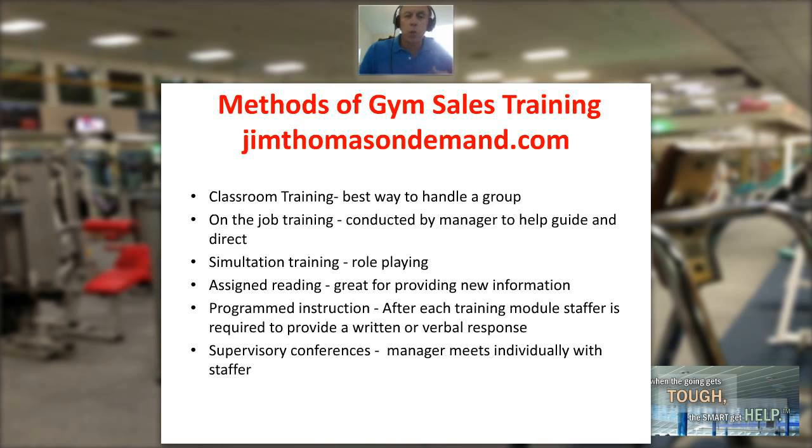And then finally, supervisory type conferences. And this is where that manager meets individually with the salesperson, with that staffer. They meet one-on-one to discuss maybe what's working, what's not working. And a lot of times, this is what goes hand in hand that we use with that daily productivity report, where you really have those daily